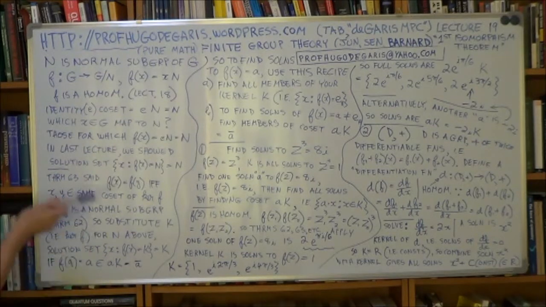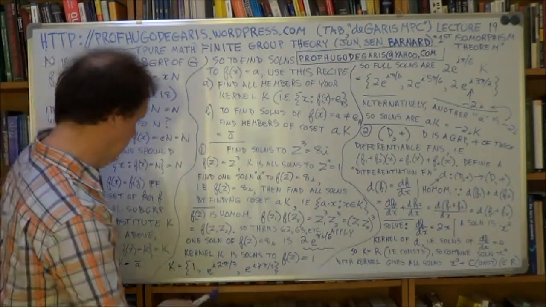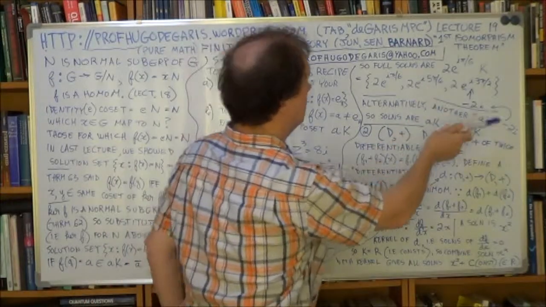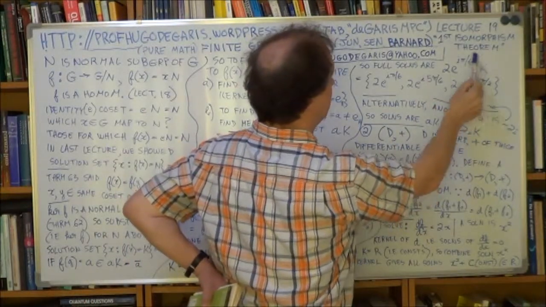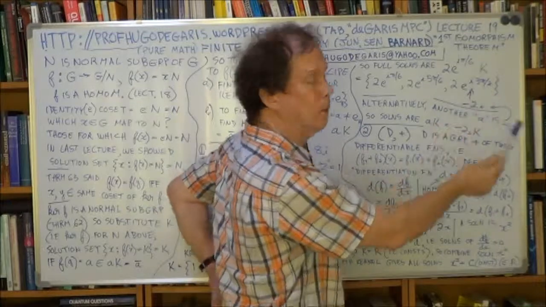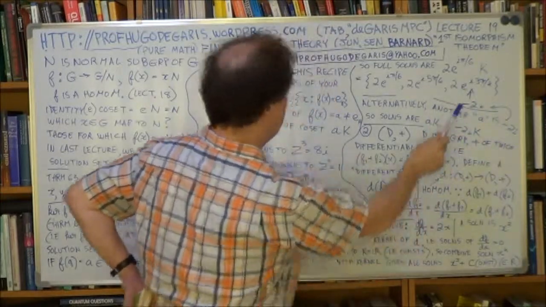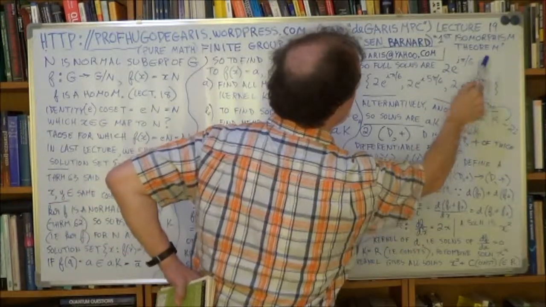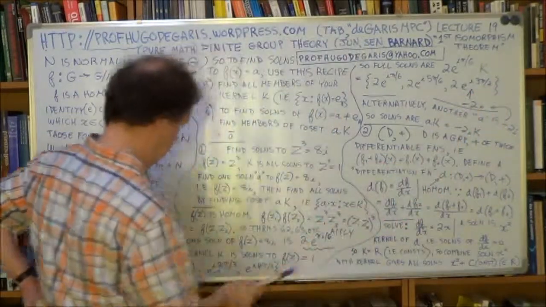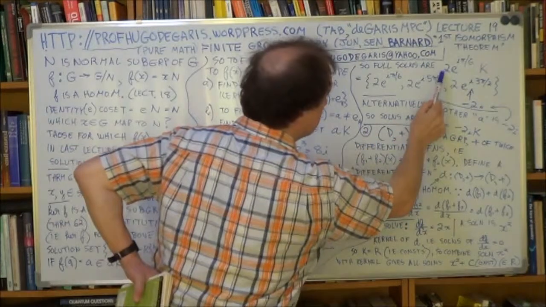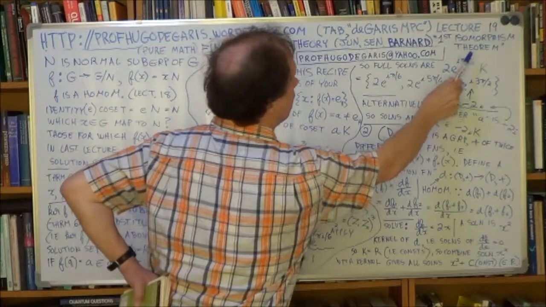So we're now finding a bar. So the full solutions are, that's like your little a here, and K for your kernel. So we just multiply this into all 3 values of K, your kernel. So we multiply 2e to the i pi over 6